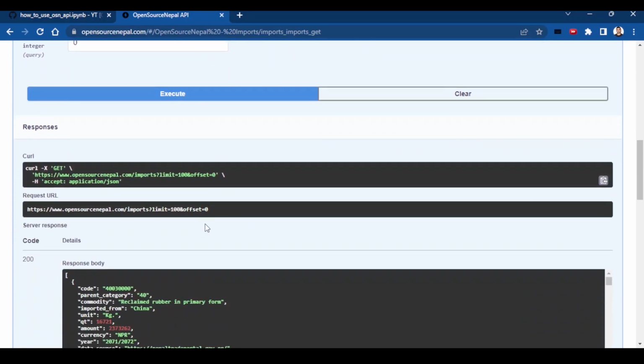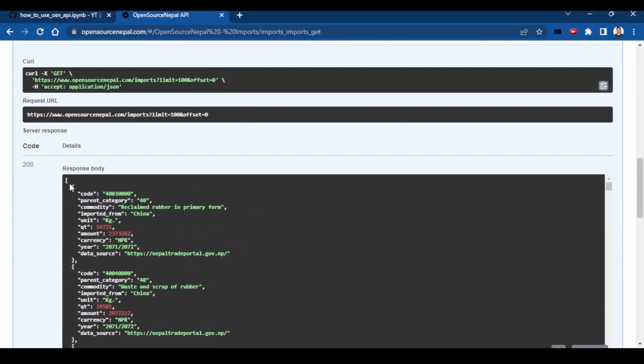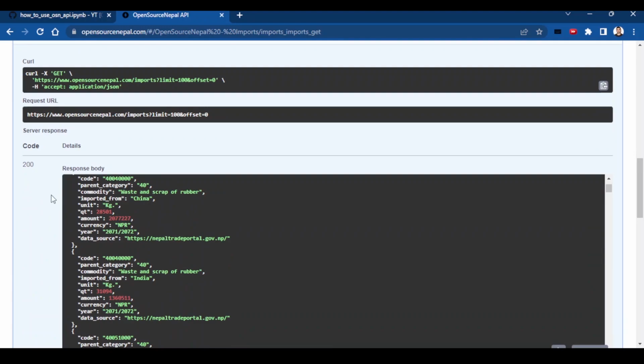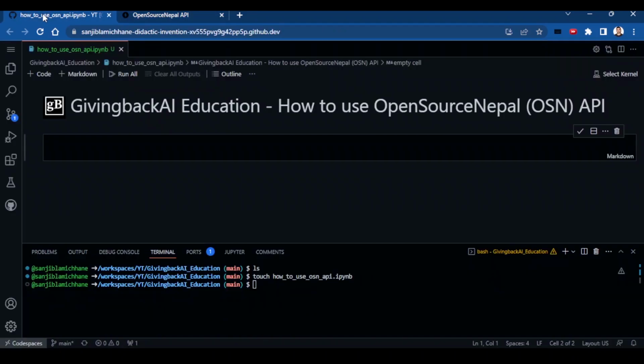But here, what I want to show real quick is how I use this API, right? So now we have this cool application or API, but how is that actually useful in my day-to-day life? Let's say you are a data scientist or analyst or a student who is trying to learn how to do data analysis, right? One of the ways to do that, the most cost-effective way, is to do it in a Jupyter Notebook or Google Colab or any other software.